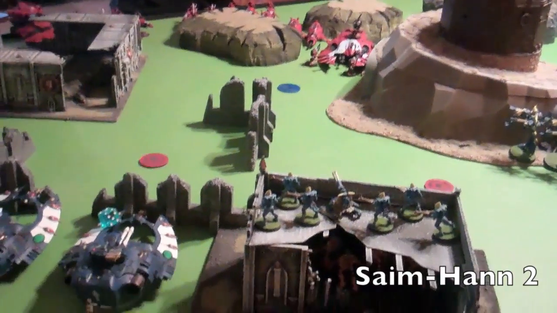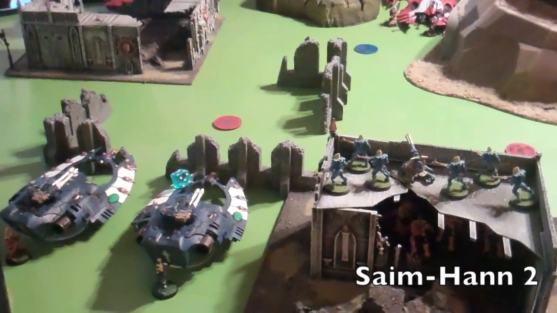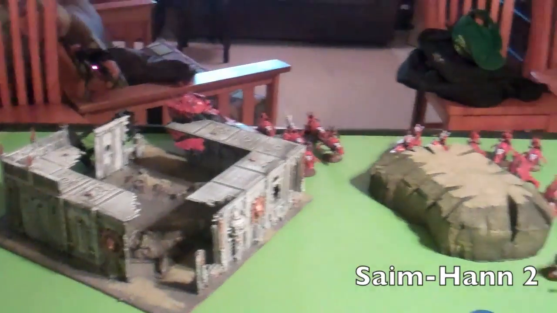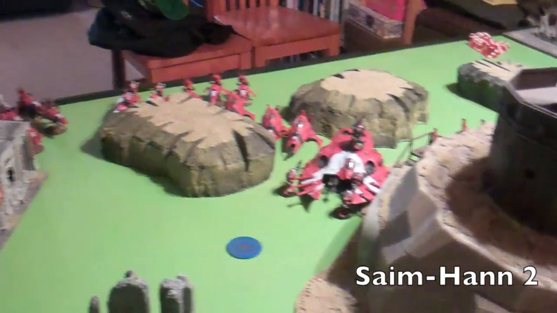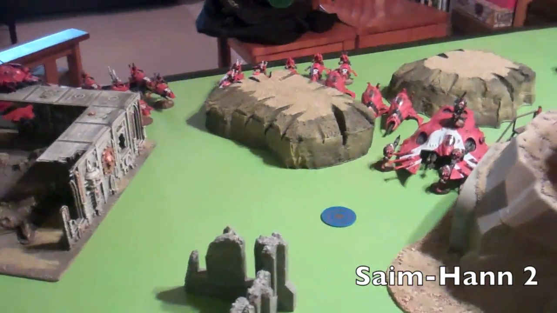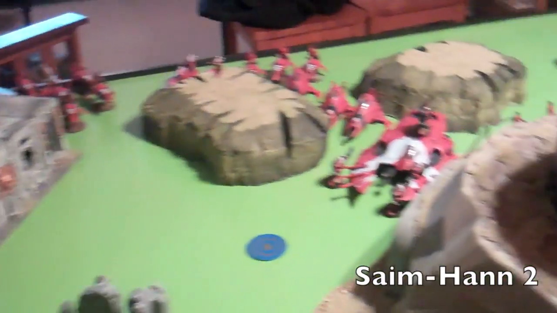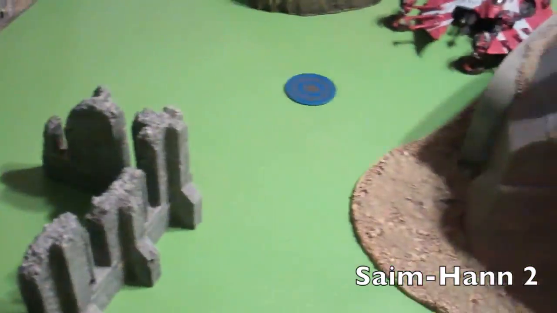All right, we are back. It's the bottom of 2, and the Windriders have actually had a good turn. First of all, you see how they're all kind of hiding in amongst that whole center area right there? Well, that's where they all scuttled off to in the assault phase with all their tricksy jetbike moves and everything else. They were in a huge, giant concentration right there